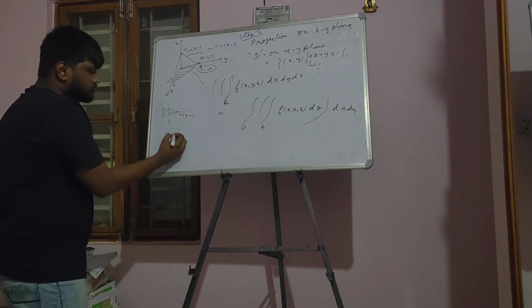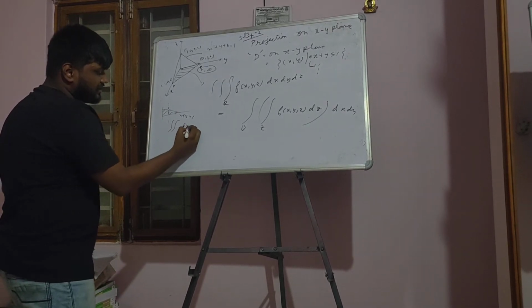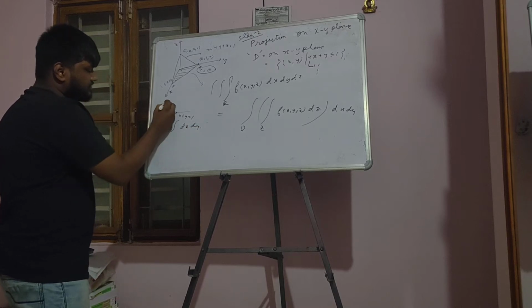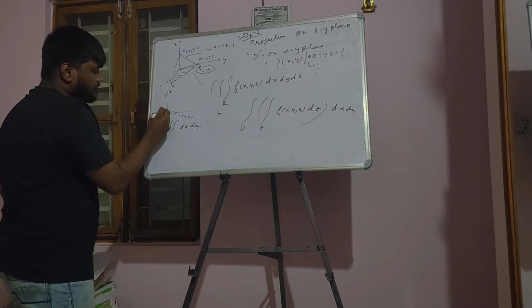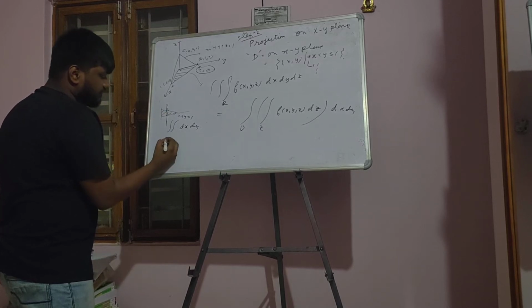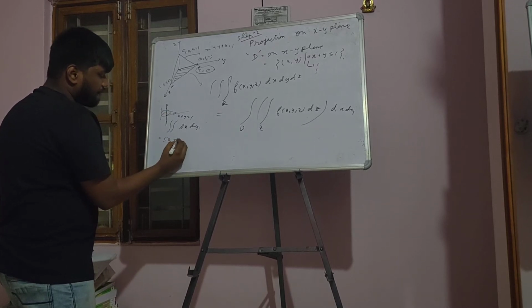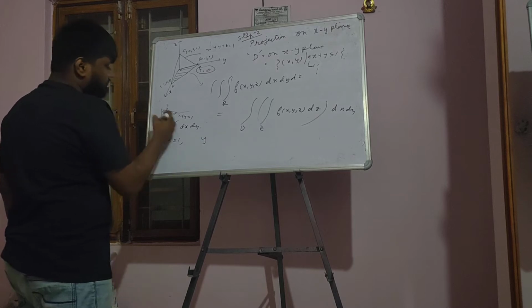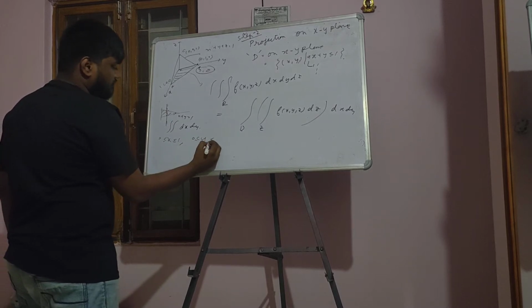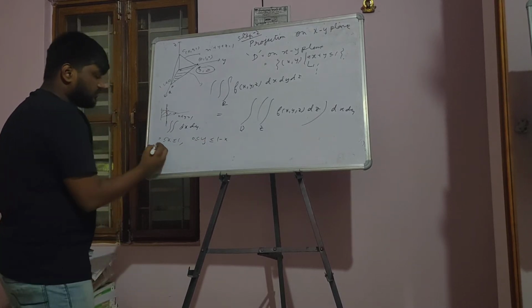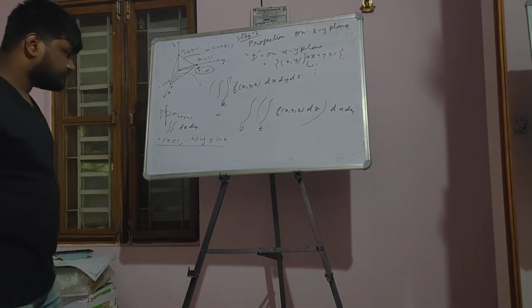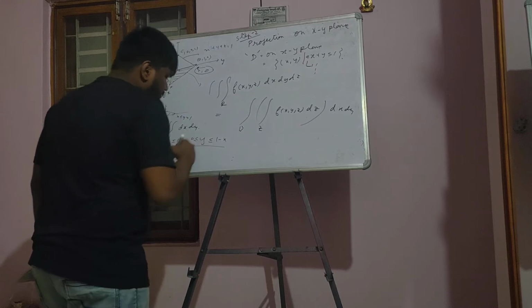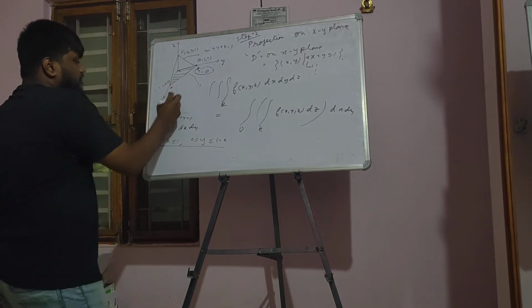Let's say I want to take dx dy, then I'll just fix an x and find the corresponding y. If I fix an x between 0 and 1, y has to be between 0 and 1 minus x. So this is our x and y, and once we fix an x and y,